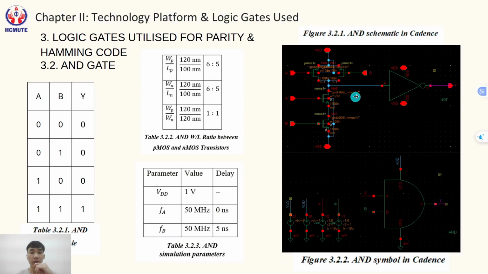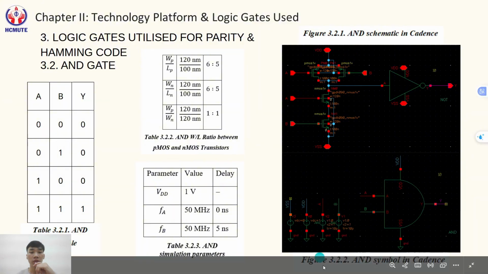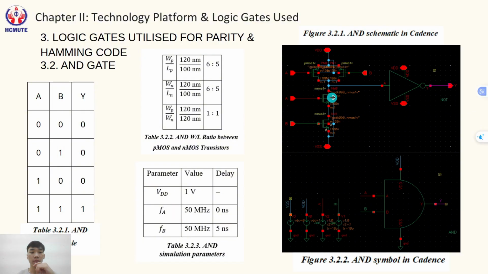And next, we have the two-input CMOS AND gate. In figures 3.2.1 and 3.2.2, we can see the schematic and symbol of the two-input CMOS AND gate. It is constructed by combining a NAND gate and a NOT gate. The NAND gate consists of two PMOS in parallel forming the pull-up network and two NMOS in series forming the pull-down